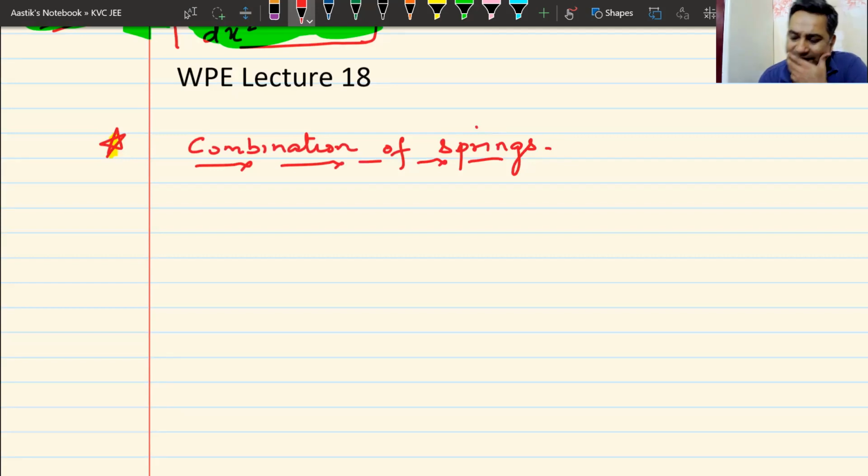Now this combination of springs is similar to a concept that you have already read probably in the 10th standard. Series and parallel combination of resistors. Have you read about this? Yes or no? We know about parallel combination of resistors, series combination of resistors. Electricity is there in 10th standard. You have not read? Okay. If you have not read, nothing can be done. Anyways,